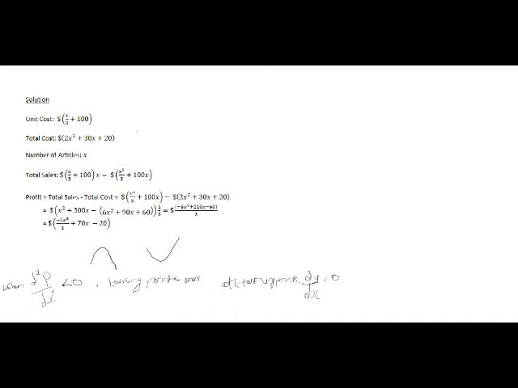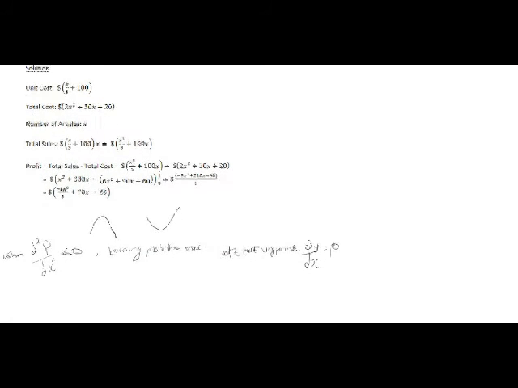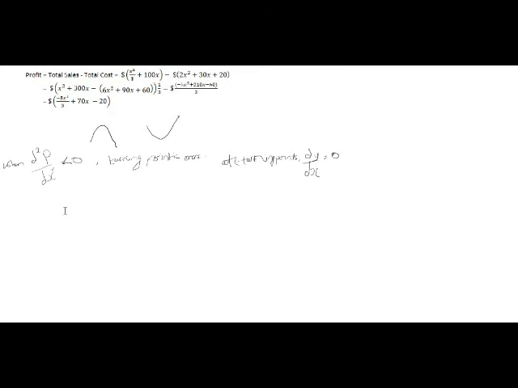Now, if our relation had a power 3, for example, then that simply means that we have 2 turning points, and one could be a maximum point and the other a minimum point, and this is the rationale we use to differentiate whether the turning point is minimum or maximum. So anyway, here, since we only have one turning point,